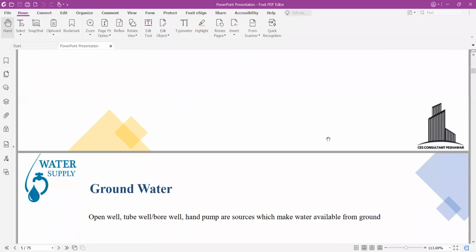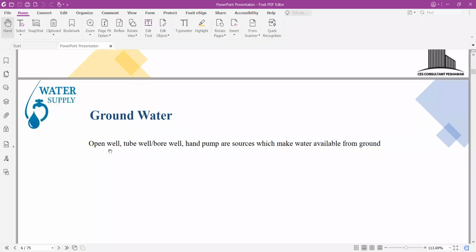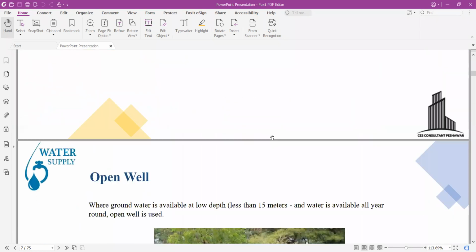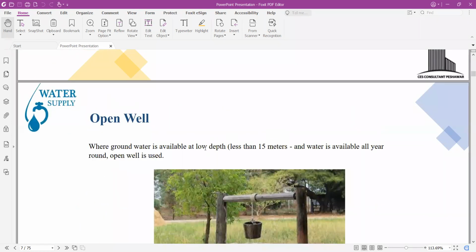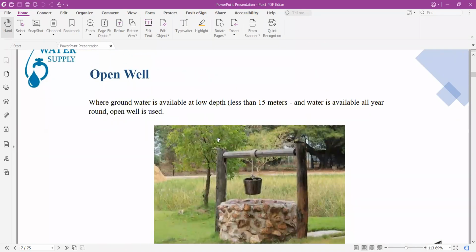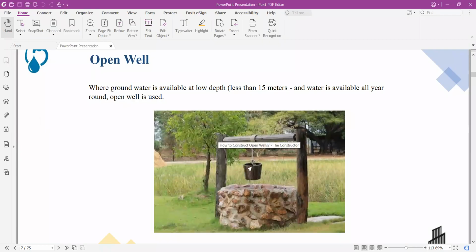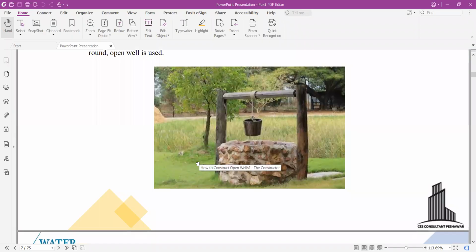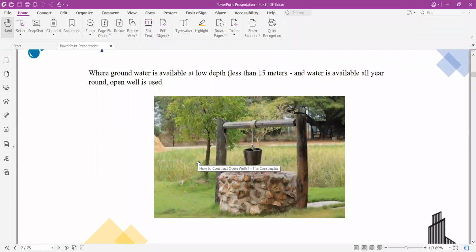So, sources of water. There are different sources of water. Groundwater: open well, tube well, bore well, and hand pump are sources which make water available from the ground. Open well is used when the water is present at a shallow depth, about 15 meters. We mostly used open wells, but this practice is currently not common in most places. Due to advanced technology, we are mostly using tube wells, but in a place like DI Khan in the south area,